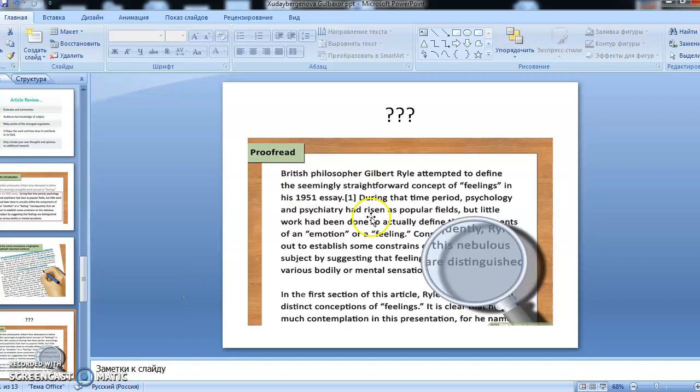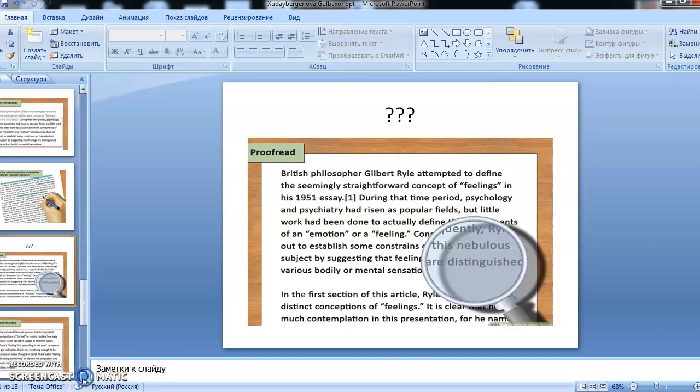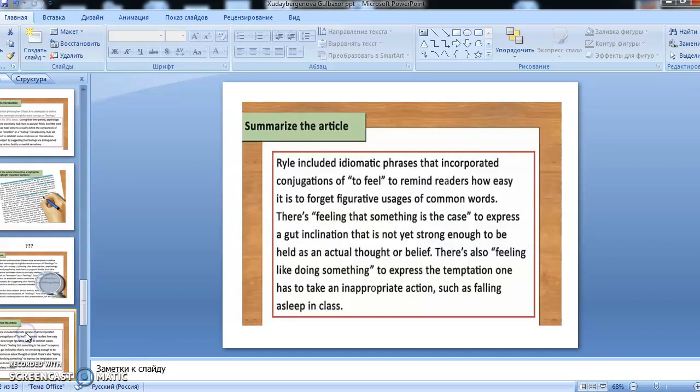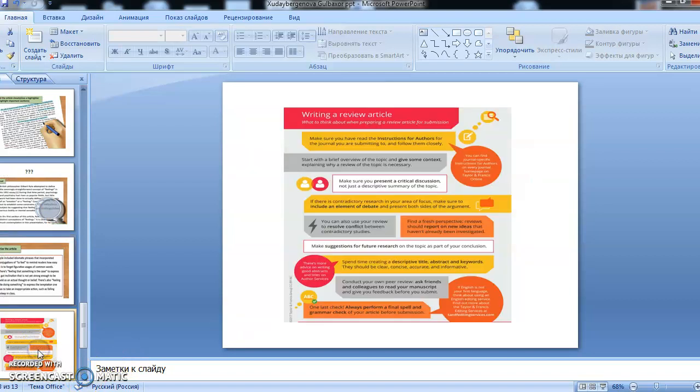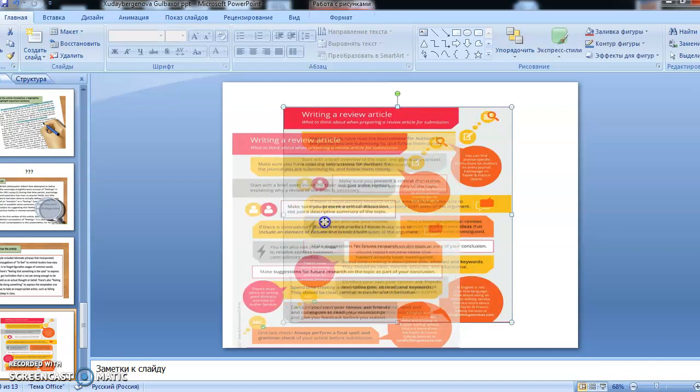This means taking the exact main points of the article in order to write the article review, and also summarizing the article. In your article review, you should include summarizing information about the article, as I have mentioned. So here are some examples of how to summarize and how to write the article review.